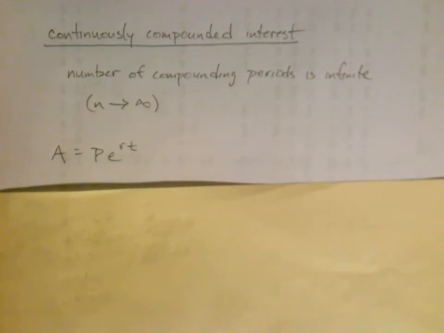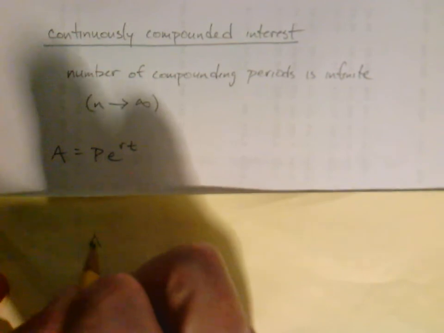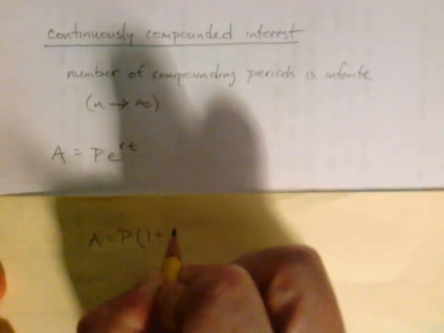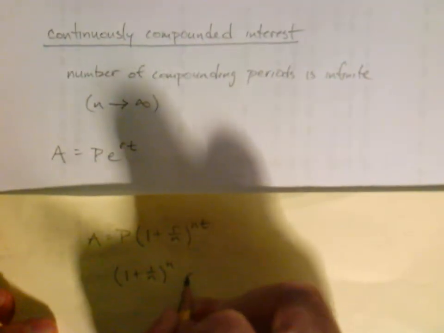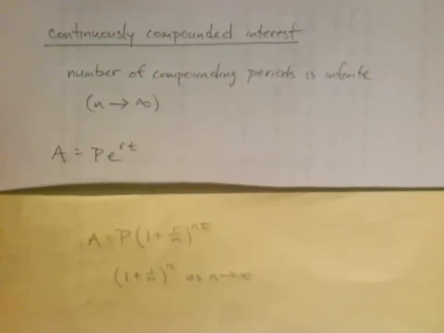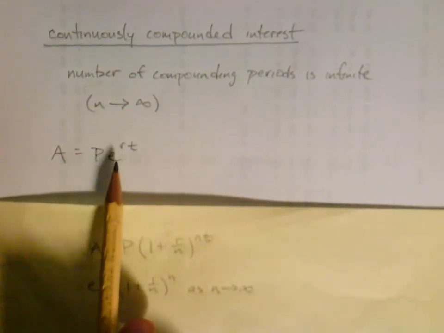So the number of compounding periods is infinite. It's just always happening. So what does that mean for our formula? Our formula gets really, really simple. So that we can compare, before we had A equals P times 1 plus R over N, to the NT. So we can see in it the 1 plus 1 over N to the N, and we're saying that N goes to infinity. So this is the E right there. All of that, the 1 plus 1 over N to the N, just became E.